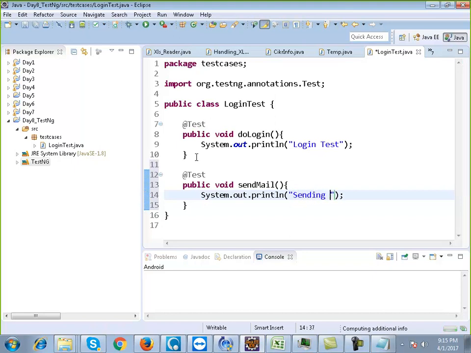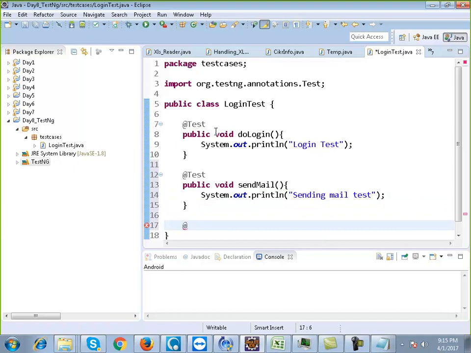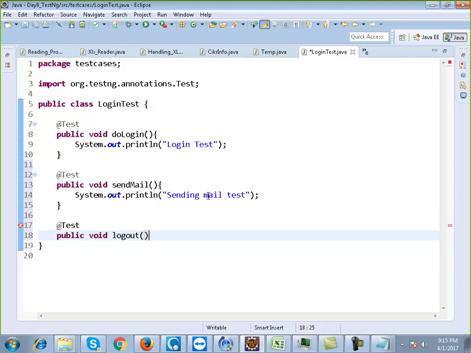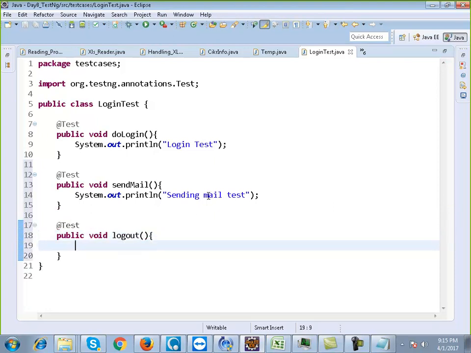For example, sending mail test. Then you can have another annotation, @Test, public void say logout. And you can print